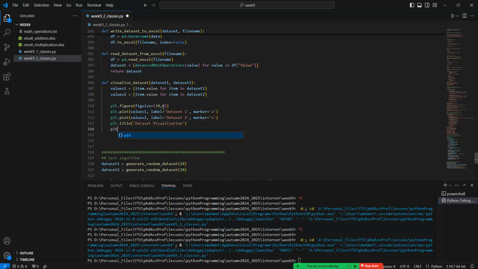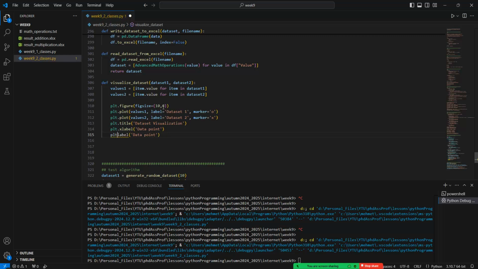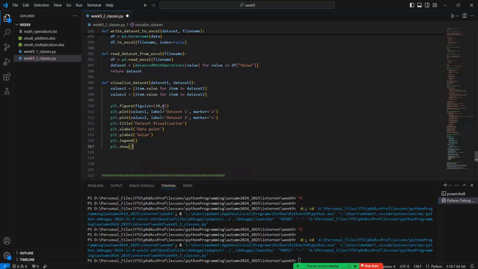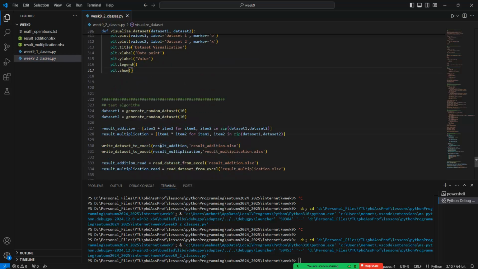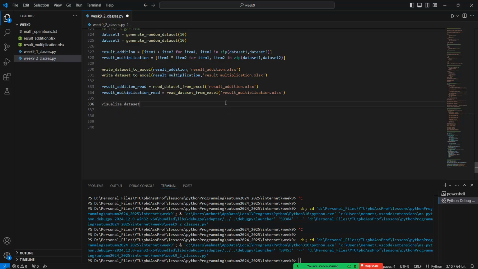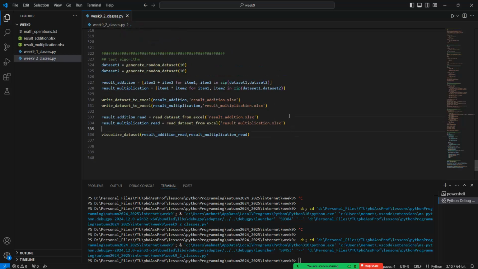And PLT x label is equal to data point. Okay. And PLT y label is the value. Okay. PLT legend must be opened, PLT show must be called. Okay. So how can we visualize these terms? Visualize dataset. The read values can be given in here based on this information. And so if I rerun this code, then see